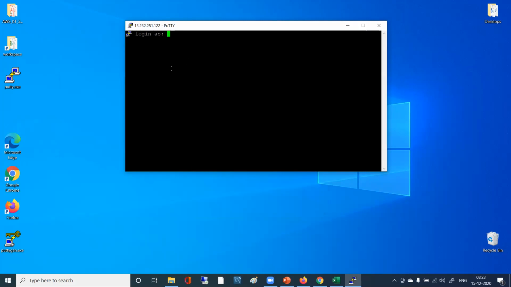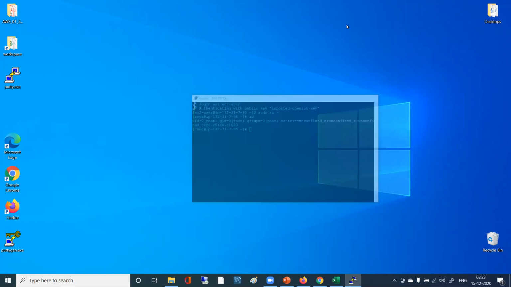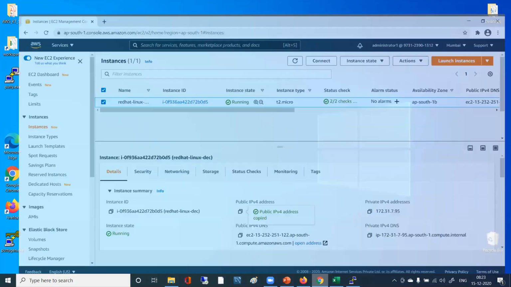Alert, I think network error, connection timed out. I got some error. Correct. So do you know why it is happening? For me, I will just put the username here, ec2-user, and I press enter. So what happens? I got the command prompt. I just say sudo su - and I become the root user. So for me, I was able to connect to my instance, right? But for you, it didn't connect. Why?